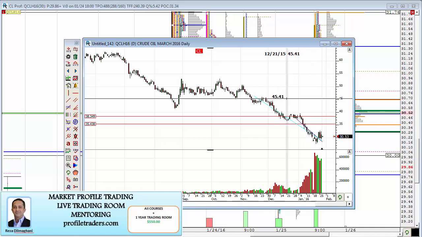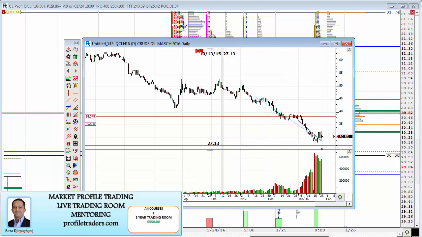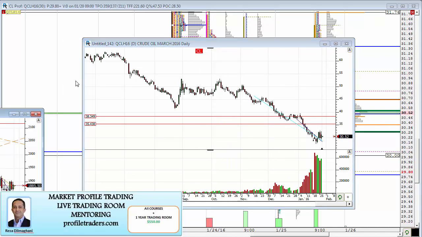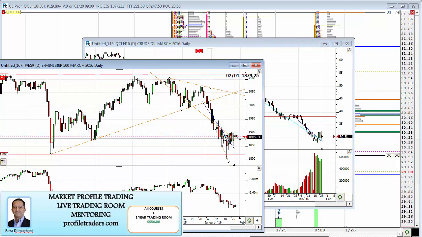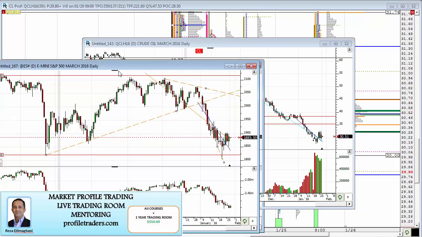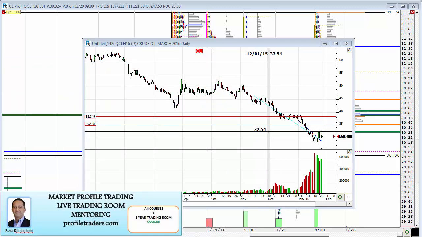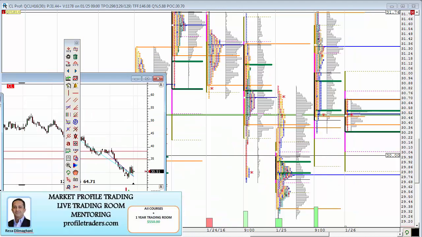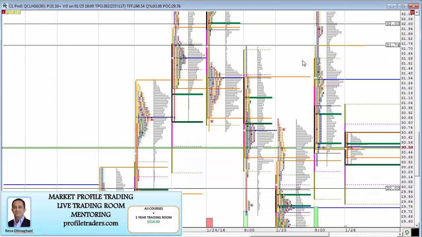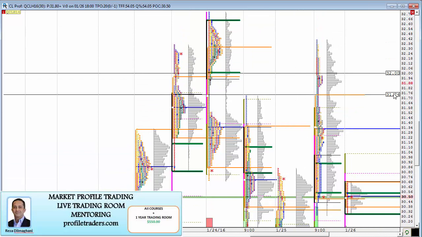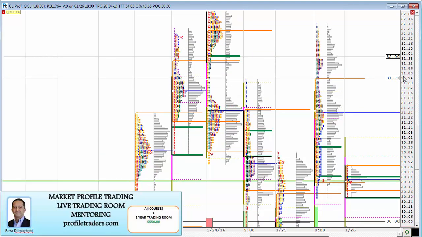This is a very similar chart to ES, almost identical, except that ES tested 1900 3 times and could not break through it, and here we are testing 33 more or less and we are unable to trade through it, which makes now this market contained within a very wide trading range, with very short-term support coming in at